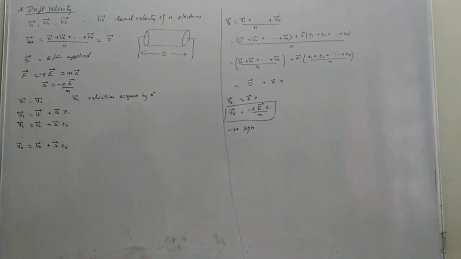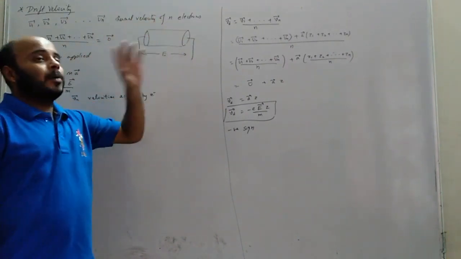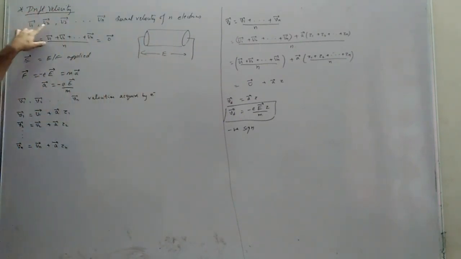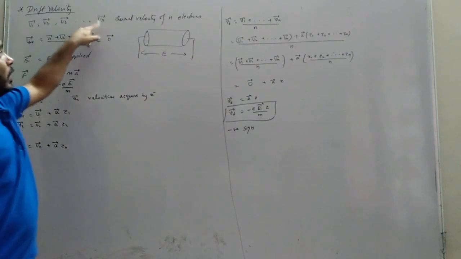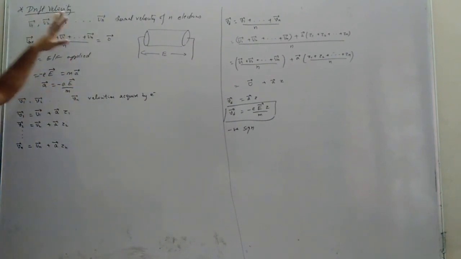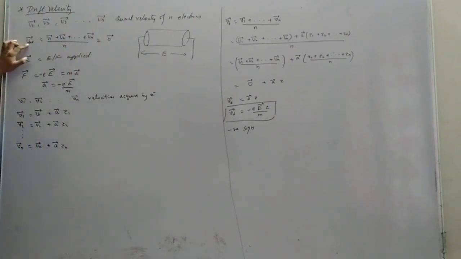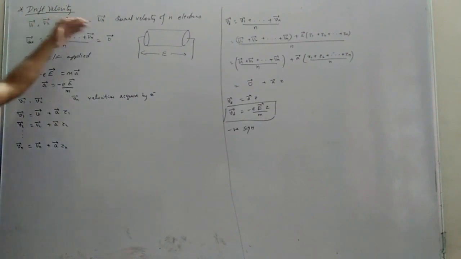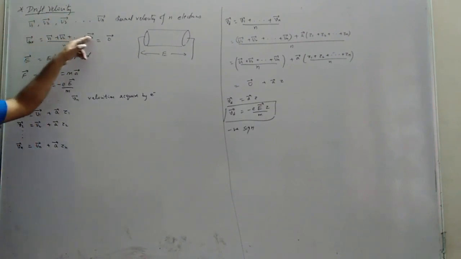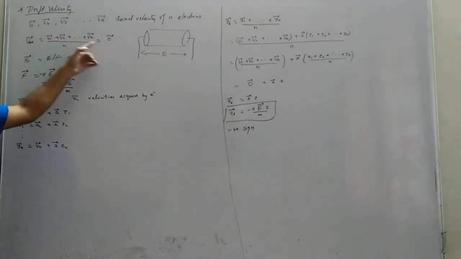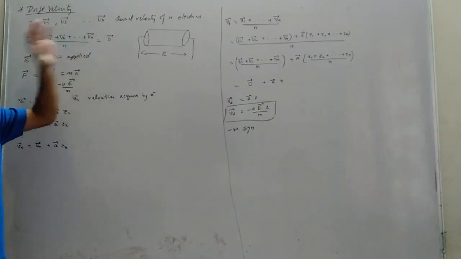So I'm considering a conductor which has n electrons. Inside the conductor, there are n number of electrons. Each electron has some thermal velocity: u1 vector, u2 vector, u3 vector, dot dot dot, un vector. Why do we need to take vectors? I told you, because all their directions are different. These are thermal velocities. If I take the average of all the thermal velocities, what is the average? Addition of all the velocities divided by the number of electrons, and it will be equal to the zero vector. Don't write just 0, write the zero vector, okay?